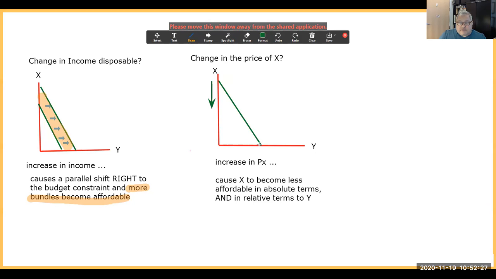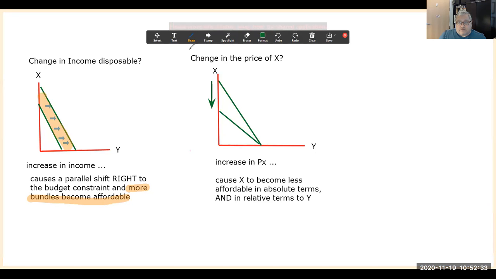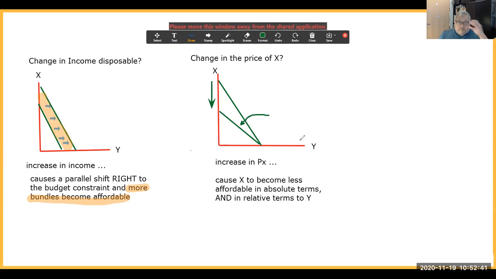And what that means is that the budget constraint swivels in. So it's as if there were a hinge at the point where the budget constraint meets the y-axis, and there's a swivel in, and then there's a loss of